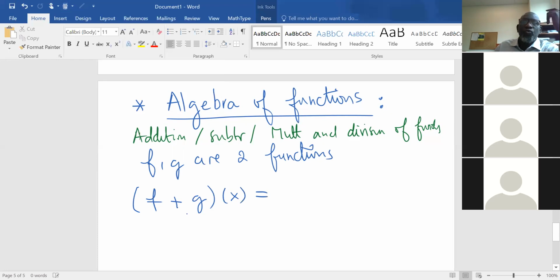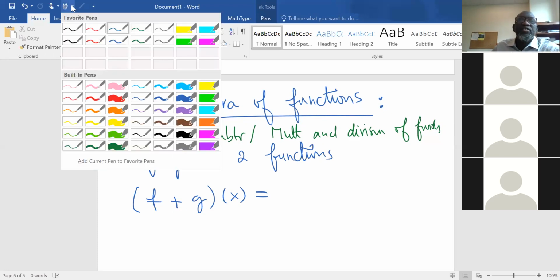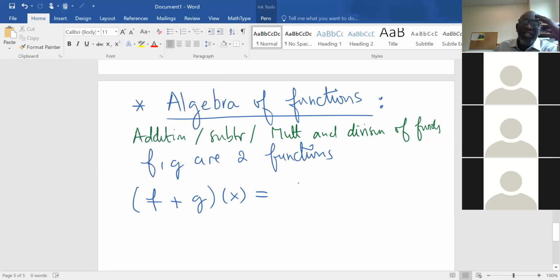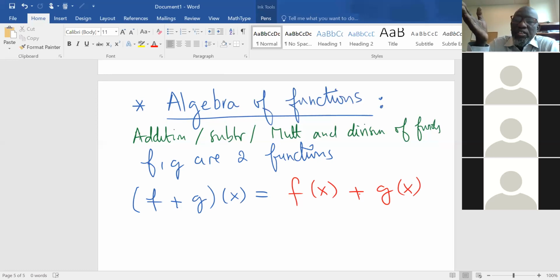What is the sum of the two functions? It is as simple as you can imagine. It's just f of x plus g of x. The function sum f plus g is the sum of the two functions, f of x plus g of x. All right. And f minus g